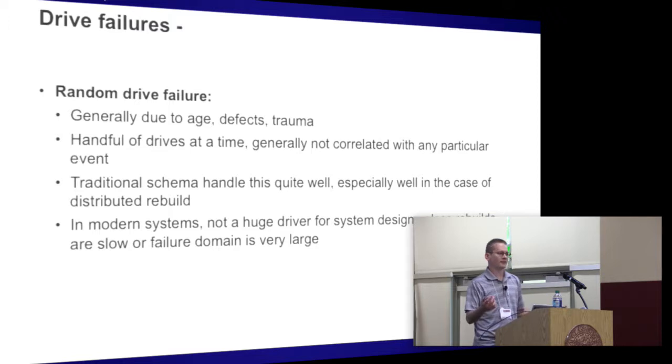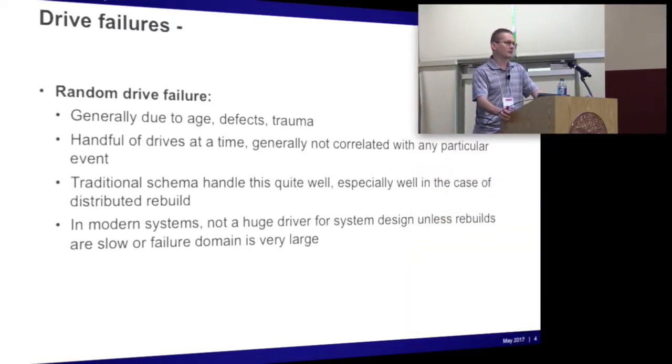So everyone knows random drive failure. I mean, things break. Most systems these days handle the random drive failures fairly well. It's not really something that there's a whole lot of inroads on anymore. Distributed rebuild takes care of the random failures, even if they happen fairly quickly. And if the drives are getting larger and larger, that's somewhat helpful. You get a balancing problem down the road with distributed rebuild, but it's not the end of the world. It's just a performance deficit for a few hours or potentially a couple days while you're rebuilding a 12 terabyte hard drive. But this is a solved problem, I would claim, at this point.